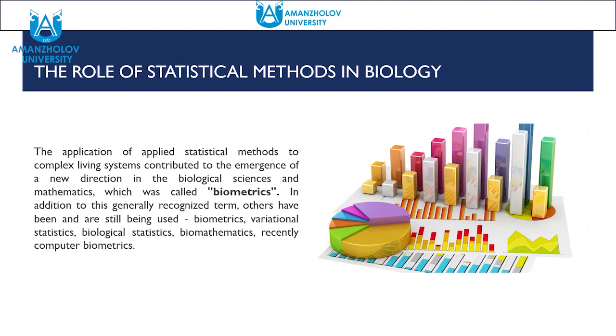The application of statistical methods to complex living systems contributed to the emergence of a new direction in the biological sciences and mathematics, which was called biometrics. In addition to this generally recognized term, others have been and are still being used: biometry, variational statistics, biological statistics, biomathematics, and recently computer biometrics. However, no matter which terms and loud phrases are used, the essence of this scientific direction remains virtually the same: